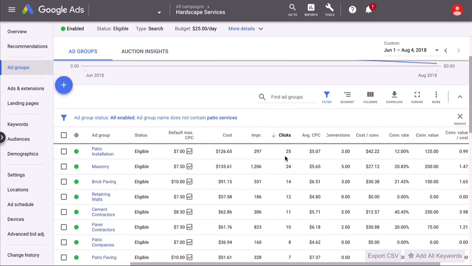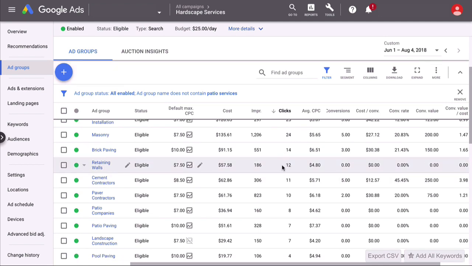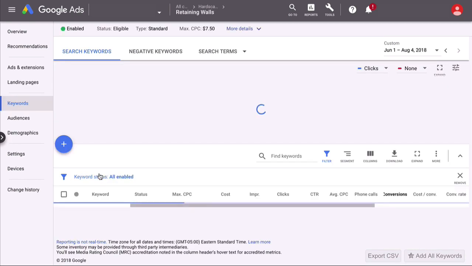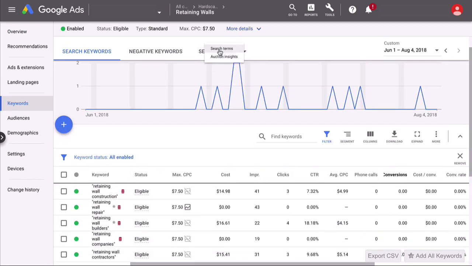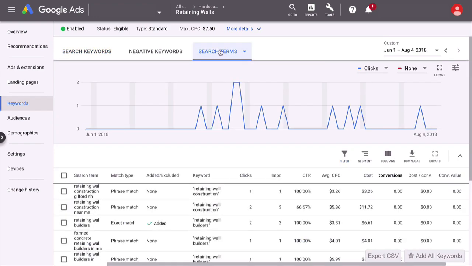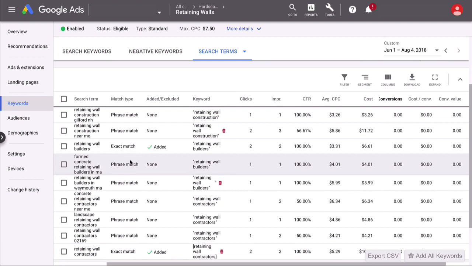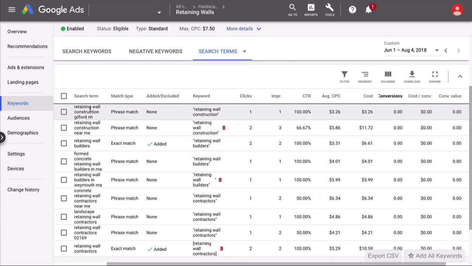And then scroll down here and look for ad groups that may have a lot of clicks but no conversions. Now, to be honest, retaining walls seems like a good ad group. So what I usually do is I click through to the ad group, and we want to do a search term report for this specific ad group. It's going to show all the searches that came in for it. So what we're trying to determine here is whether this ad group is bringing in bad searches or just not